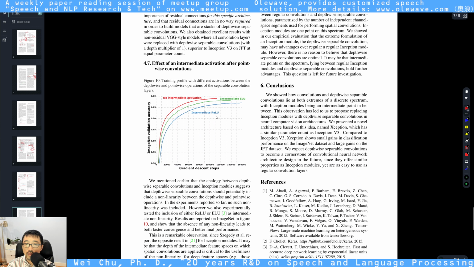Oh, it compares the activation. Okay. They say the training profile with intermediate ReLU indeed is the worst. But if you have intermediate ELU, which is another activation method, it's better. But if you do not use intermediate activation, you get the best result. And